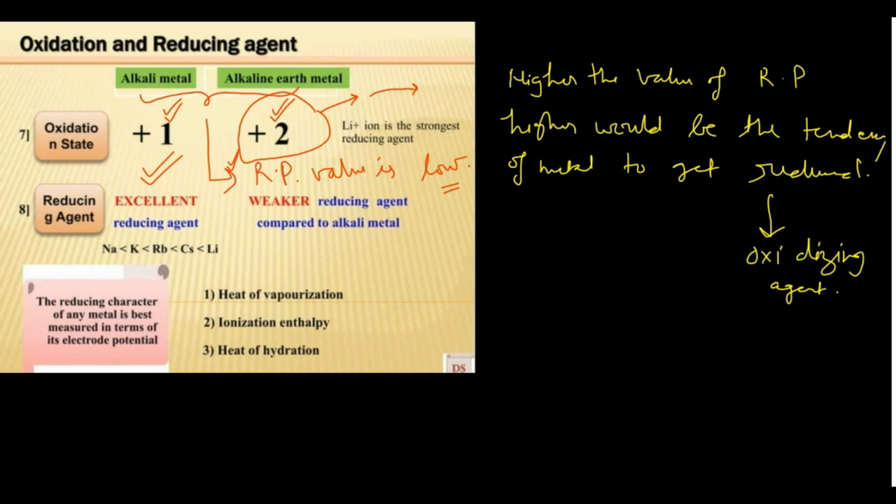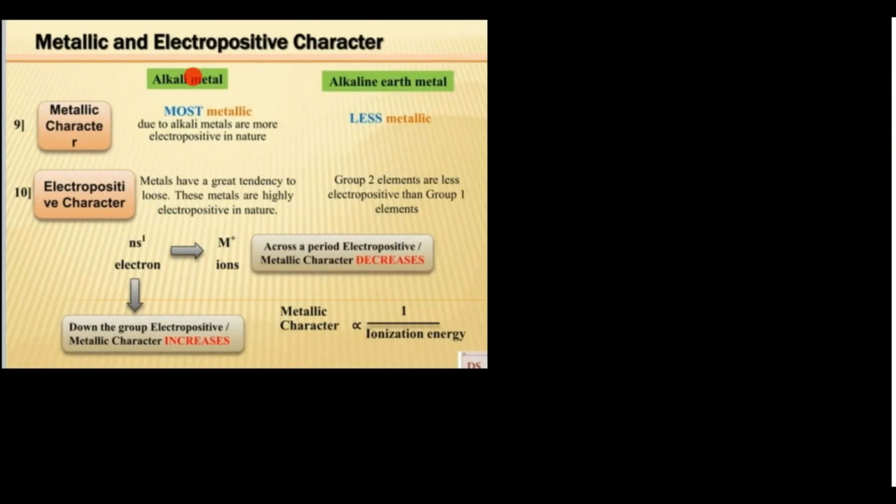Now moving to the next thing, metallic character. Metallic character means simply the removal of the electron. So alkali metals and alkaline earth metals, as you know, when you move across the period, the size decreases, and when you go down the group, the size increases. Now you are moving from lithium to beryllium. That means